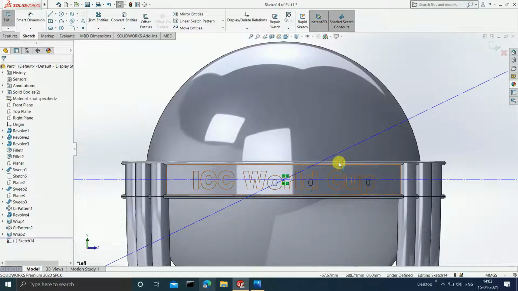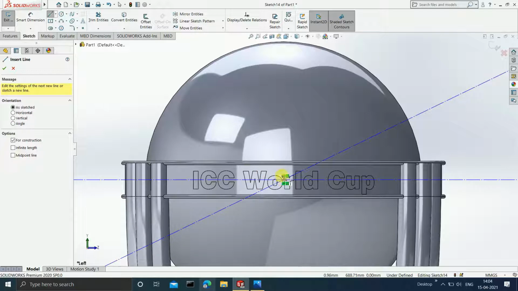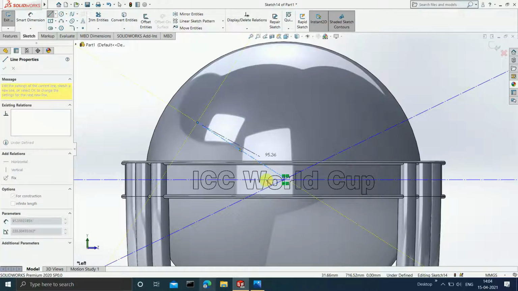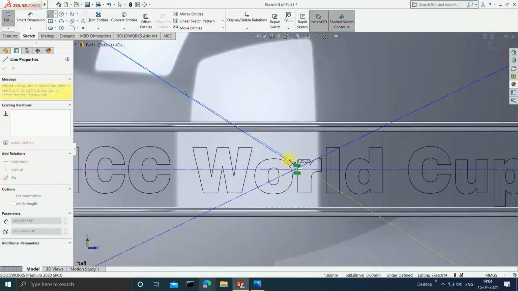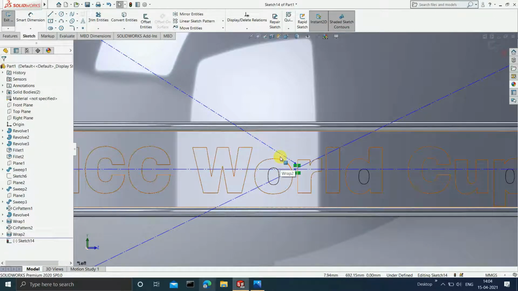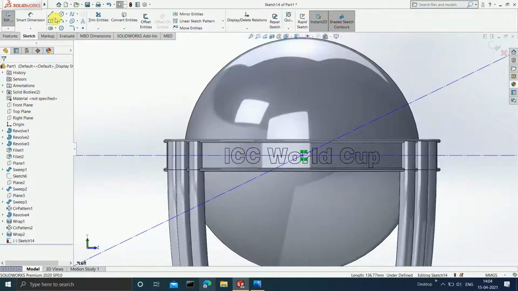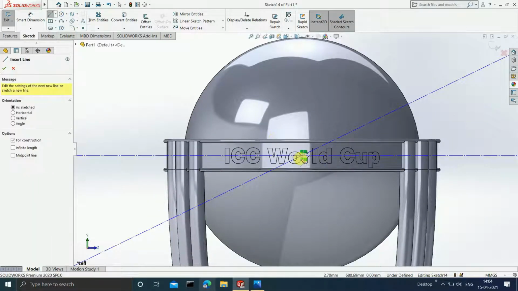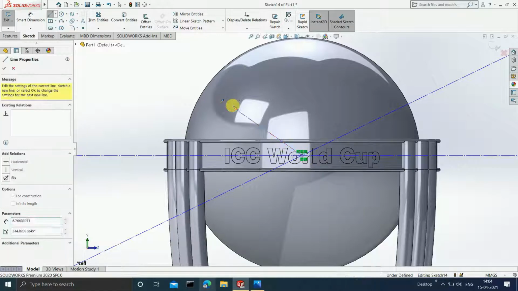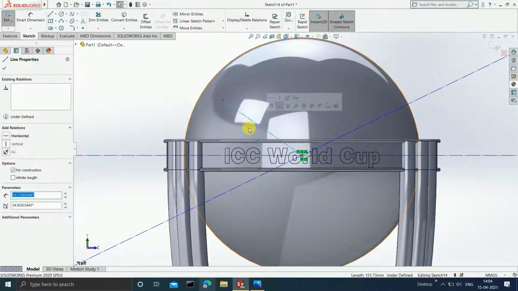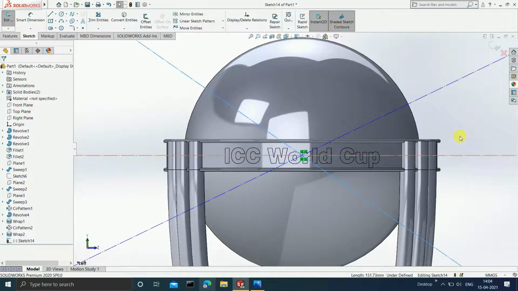The same thing you have to do again. See, what you have to do is that you have to draw one more line over here. And why do you want to draw that? That you will get to know in a short while. So it is not starting from the center. So click on escape, select this line. So I'll select the center line over here. From this point, click on escape, select this line, make it for construction and infinite length. Once this is done, now click on OK.